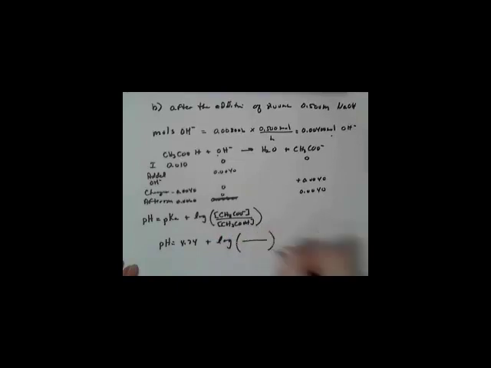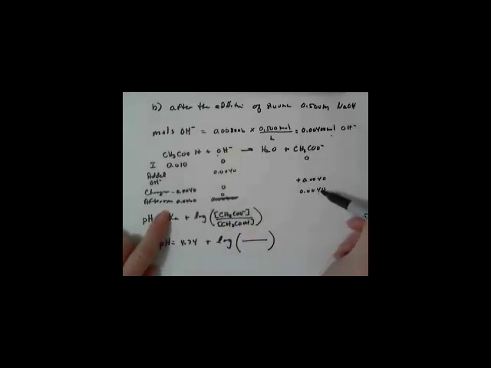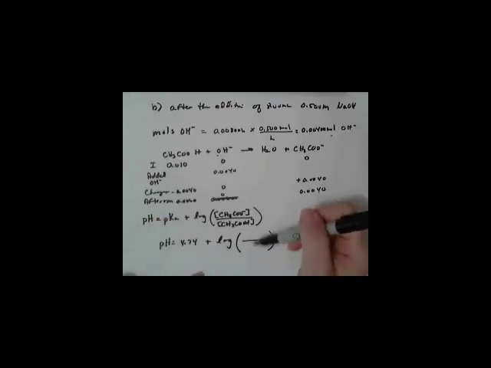Now remember, I could go ahead and divide the number of moles of acetic acid and acetate ion by the total volume of solution, which at this point would be 28 milliliters. But remember, that's going to cancel out here. So I only need the number of moles of each, 0.0060. And what I end up with then is a pH equal to 4.57. So after the addition of 8 milliliters of 0.5 molar sodium hydroxide to 20 milliliters of 0.5 molar acetic acid, I have a pH of